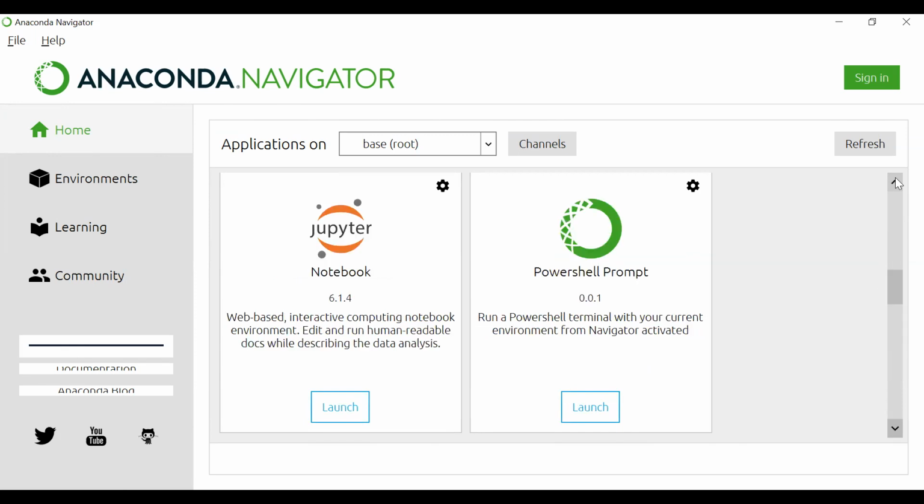So you have this Jupyter Notebook. Yeah, this is what we will be using. Do I need to launch this? Jupyter Notebook. Right. I'm just sharing my screen.